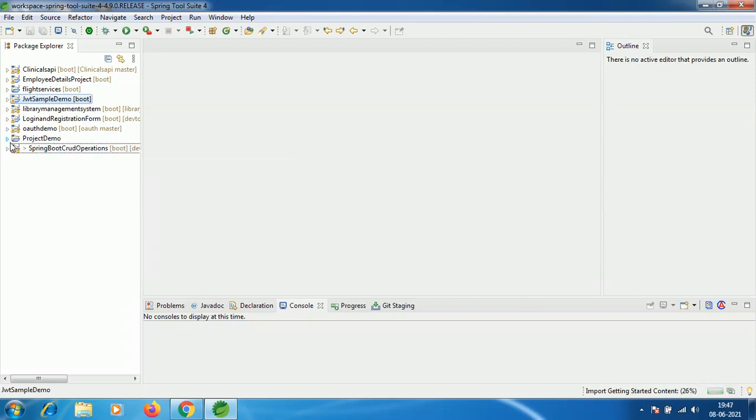Here you go, project demo. Meanwhile, let me explain about the Spring Boot Starter Web dependency. Starter Web dependency contains the Spring Web dependencies, which include Spring Boot Starter Tomcat.